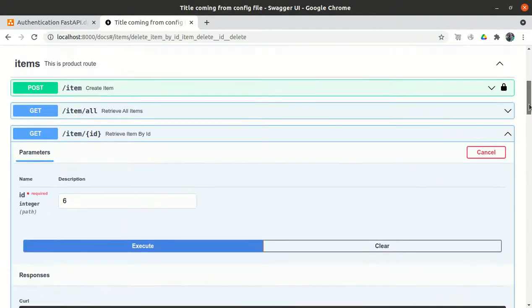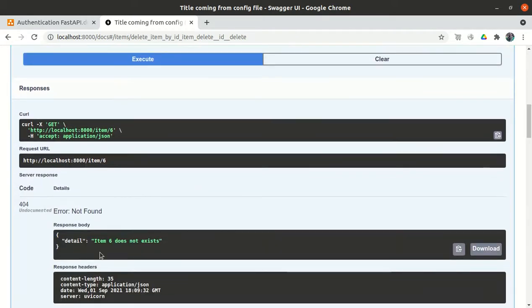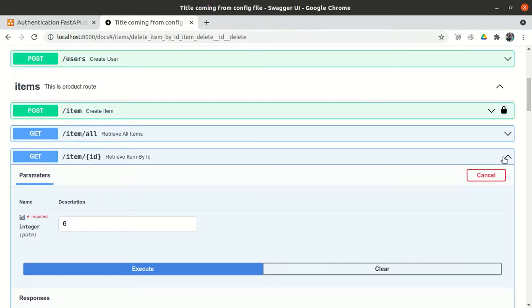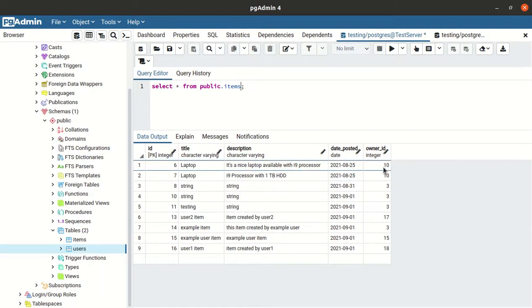If I try to refetch it, it says that item 6 doesn't exist. So this is wrong. Item 6 was created by some other user, so how can user 1 delete an item created by another user? Ideally user 1 should be able to delete only those items created by user 1, and should not be able to delete other users' items.